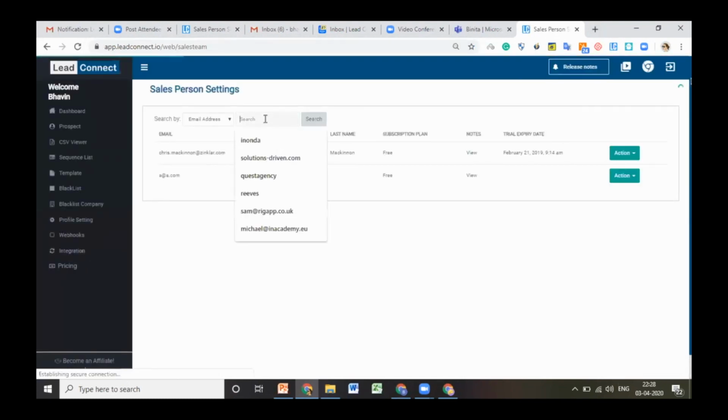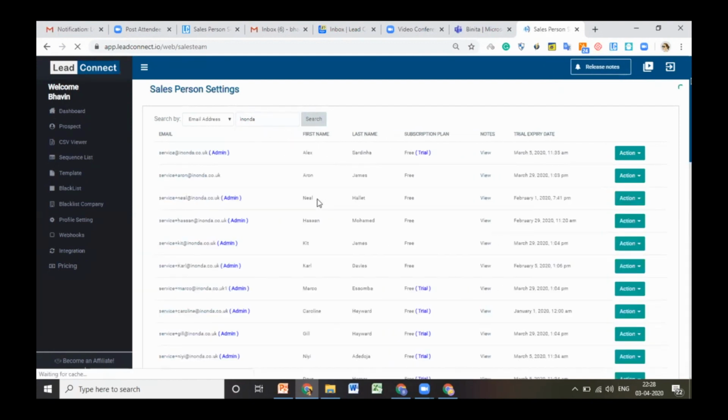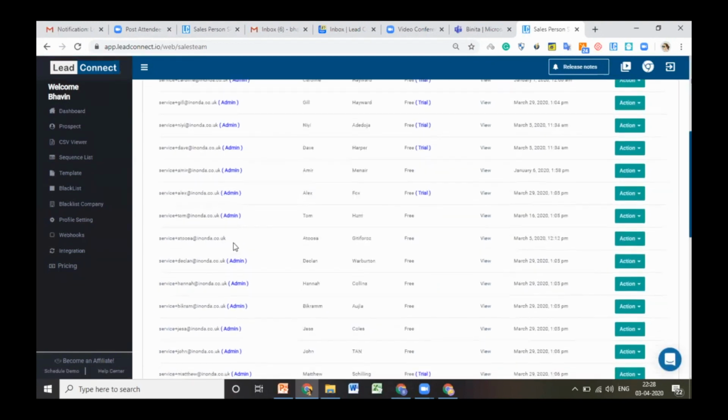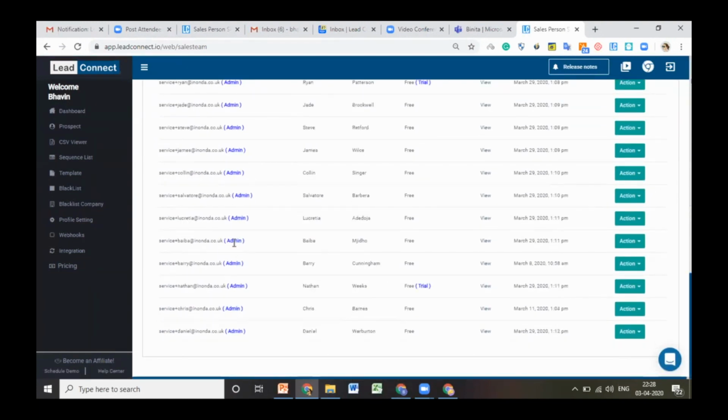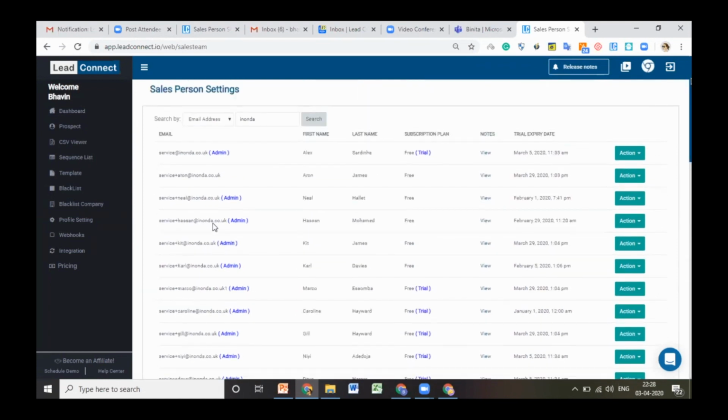Right. So let's take that we have an agency. This is an agency, so they have multiple accounts with us, right? You can see these are the accounts of only one client. All are with the same domain name. So what we do is